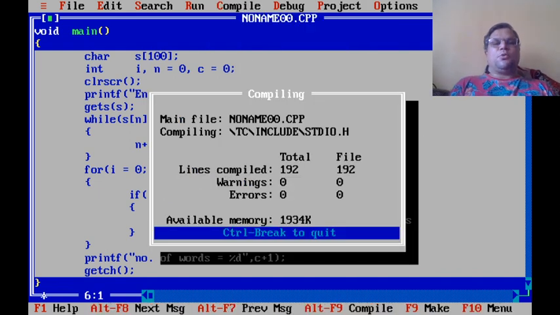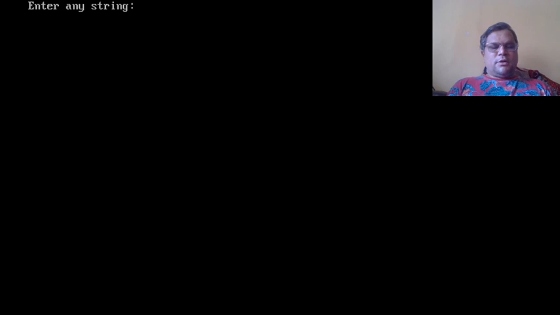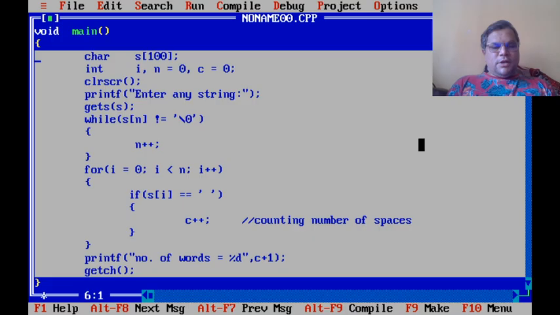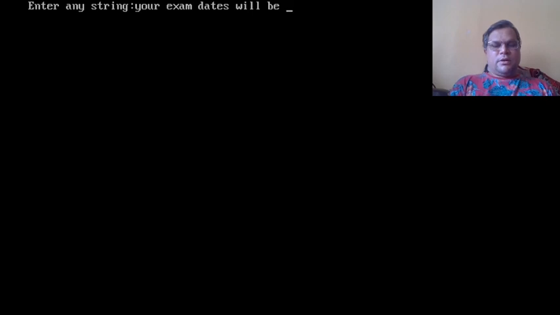Let us compile this program and we will run this. So after execution starts, I will enter a string, let's say all is well. When I press enter, the number of words counted will be equal to 3. Then let's check it for another input. Let's run it again and I will enter a string: your exam dates will be declared very soon.